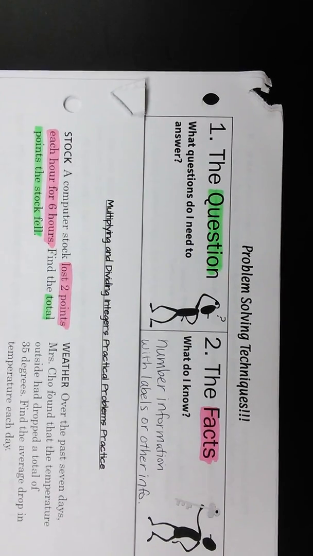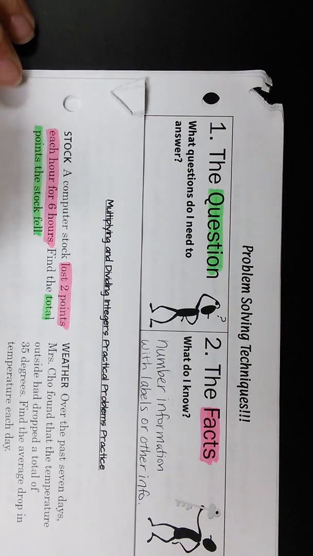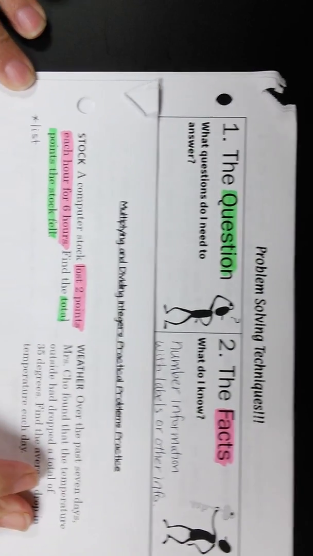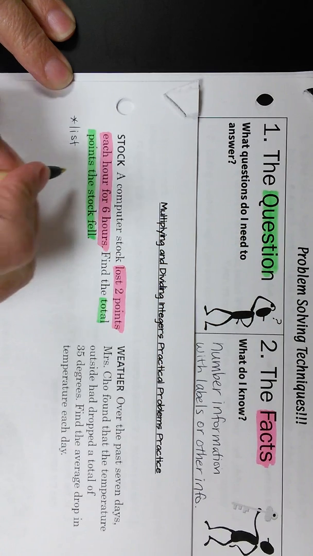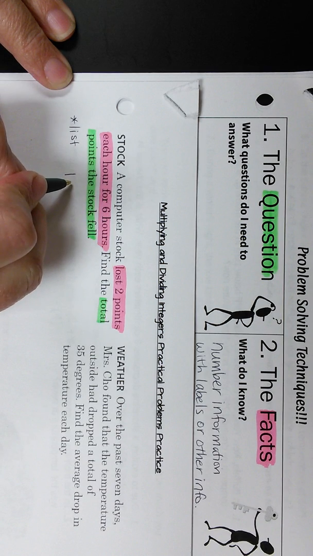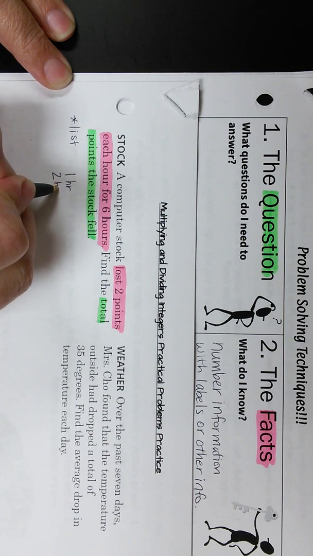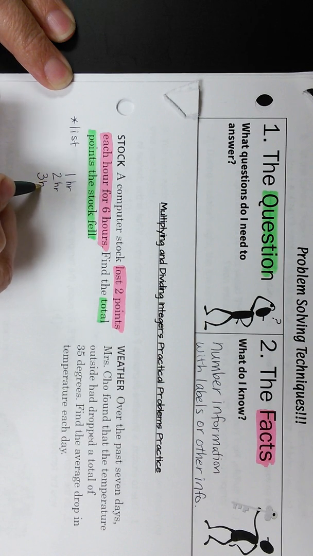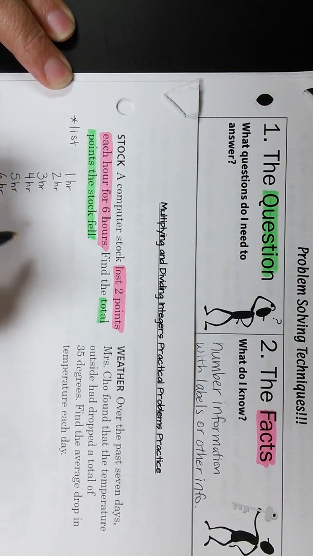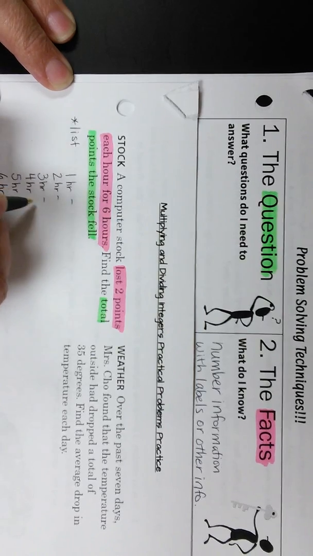So now I need to talk about what plan I'm going to make. For this one, I think I'm going to create a list. It's going to be my method to solve this problem. So I know it's for 6 hours. So first hour, hour 1, second hour, third hour, fourth hour, fifth hour, sixth hour. If it lost 2 points every hour,